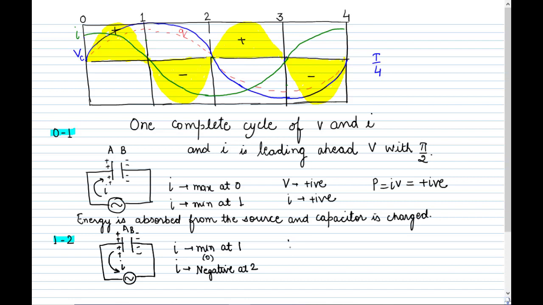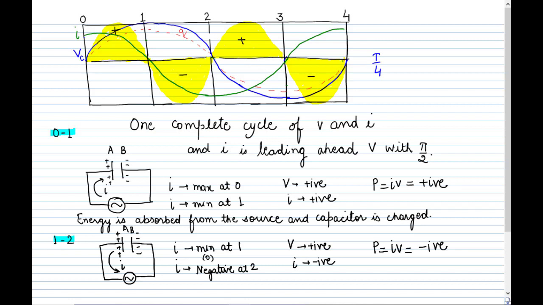So here you can see that the voltage gets from maximum to 0, but it is positive and the current becomes negative. So if you see the power, P is equal to I into V. So plus into minus, that means the power will be negative. That means the energy absorbed during the cycle 0 to 1 is returned during the next cycle. So from cycle 0 to 1, the energy is absorbed from the source, and from cycle 1 to 2,